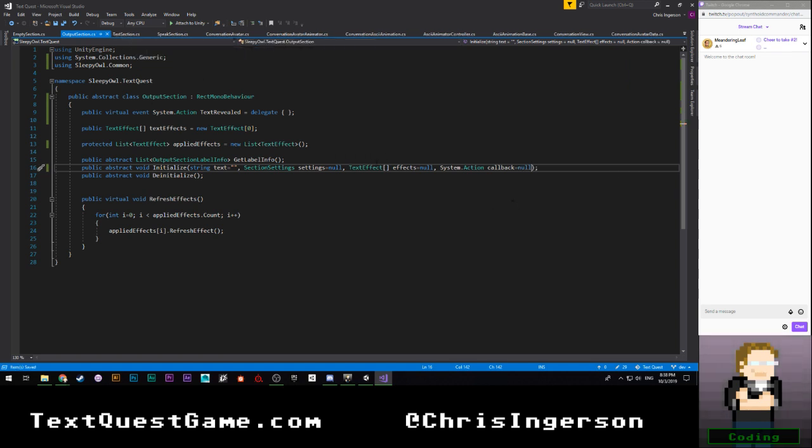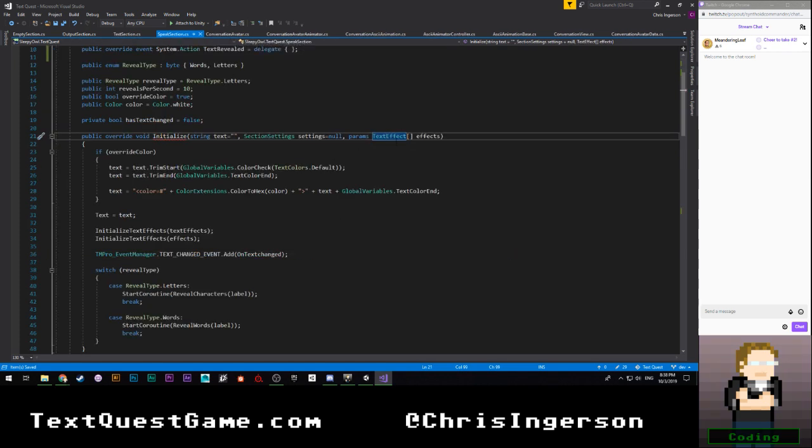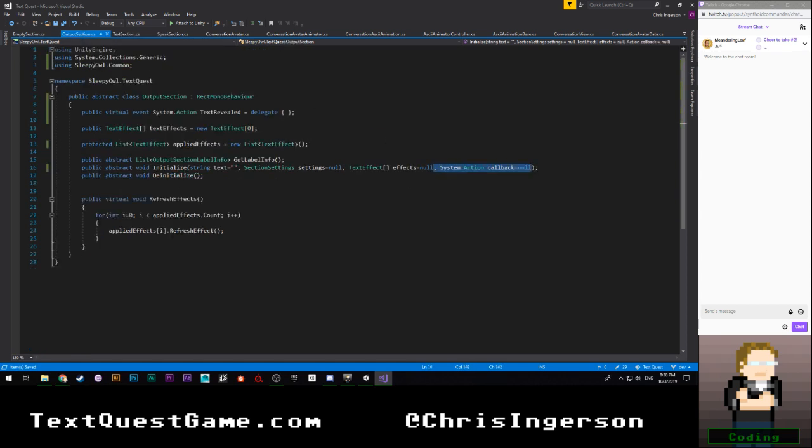We're gonna come over here to text section. I'm gonna go ahead and copy this because we're gonna need it. Of course I made that params because I'm stupid. So cool. We're just gonna have to suffer through that then because other things are doing it. Which means that this needs to change and be first.